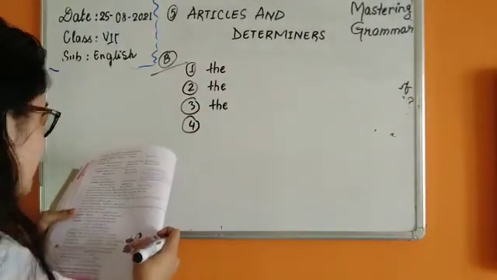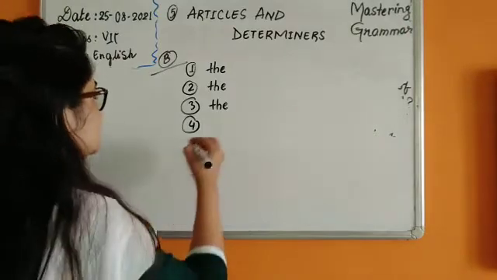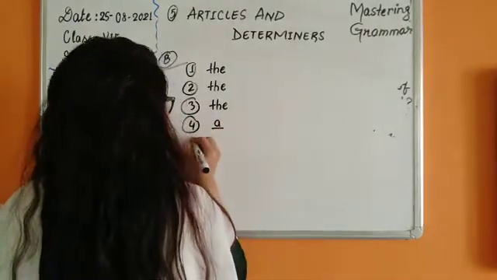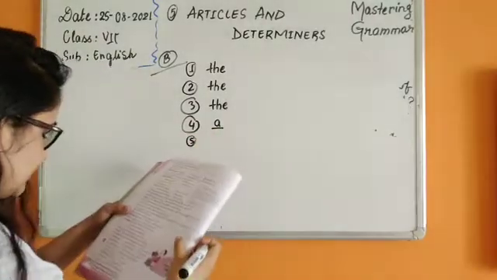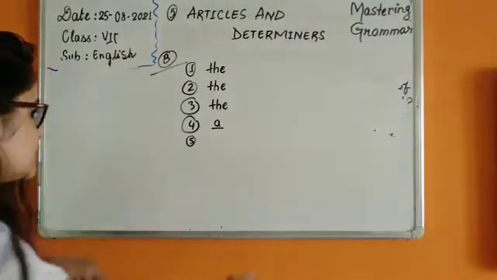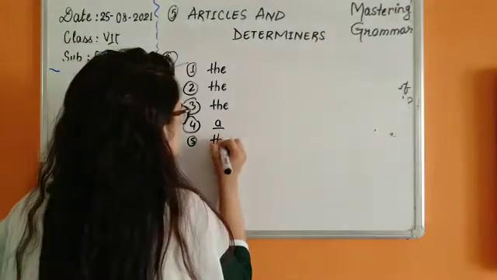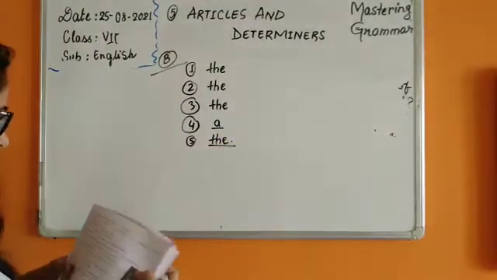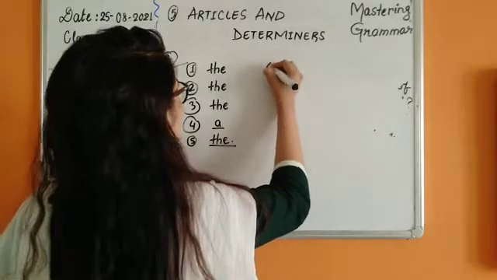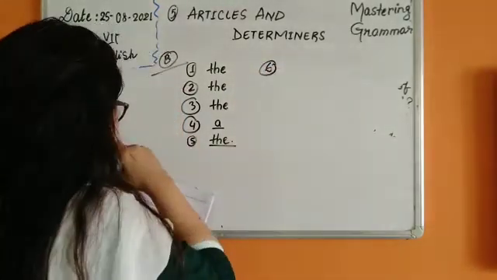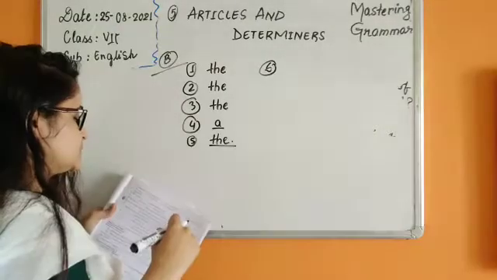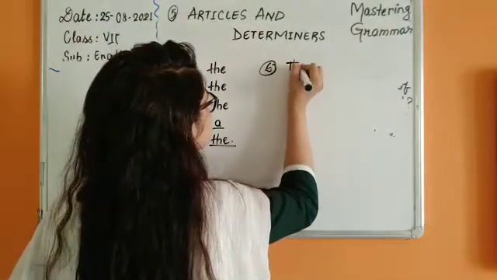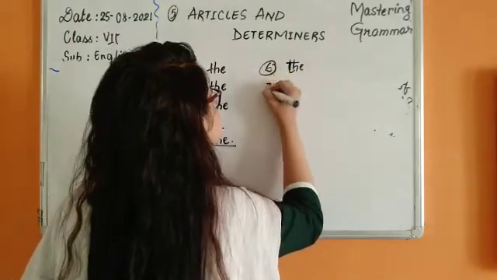Rita found 1 rupee coin. Okay, 1 rupee. 1 is what? A wa sound, a consonant sound. So Number 5 now. He saw dash boy she was talking about. We are talking about a particular boy, so we are going to use the here. Now number 6. I always like to read about sports in dash. It's specifying the name of the newspaper. So the Times of India.